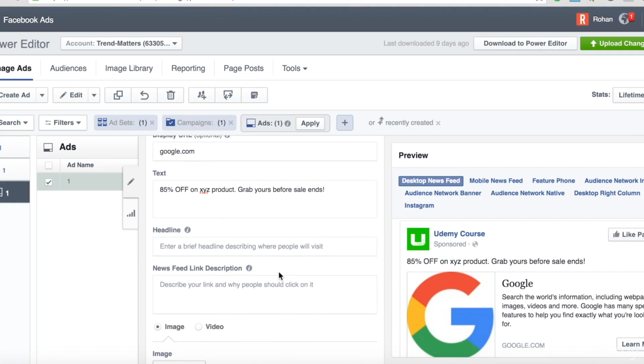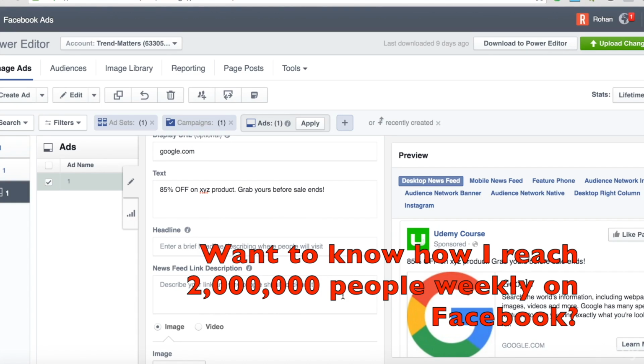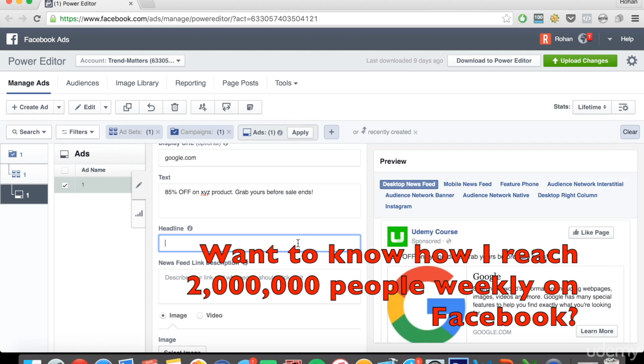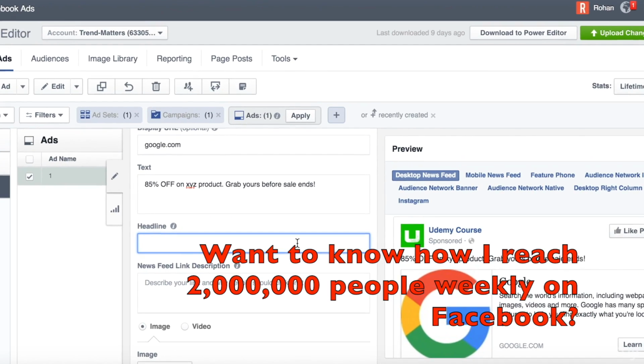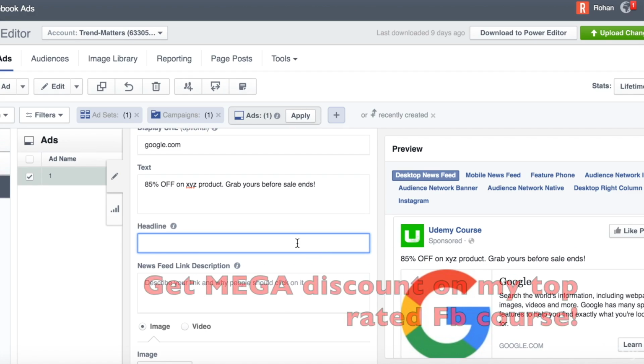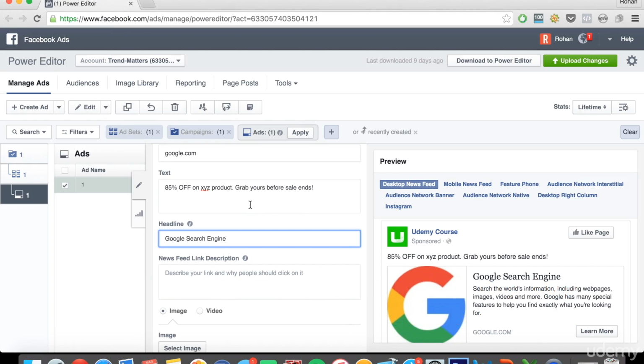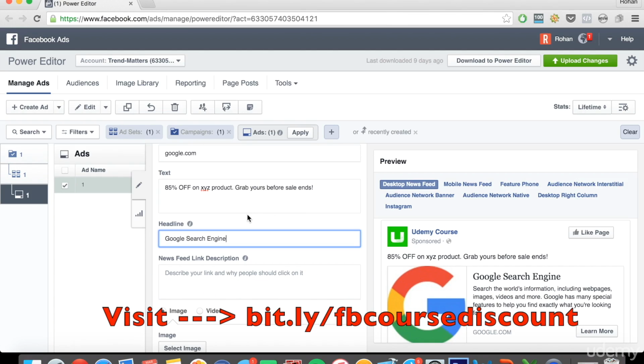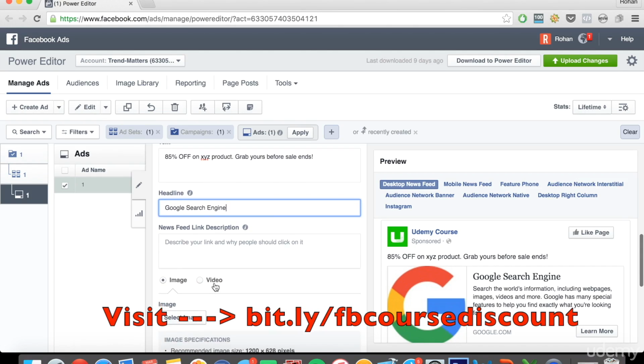And then comes headline, and this is another crucial part that will appear as the title of your link. So over here you can specify the actual name of your product that you're trying to sell, or it can also be a service. So let's just name it Google search engine. Now, I'm just writing all this random stuff just for demonstration purposes. Obviously, when you're trying to create an ad of your own, spend some time in order to come up with the headline and the text. Okay, so once you have added